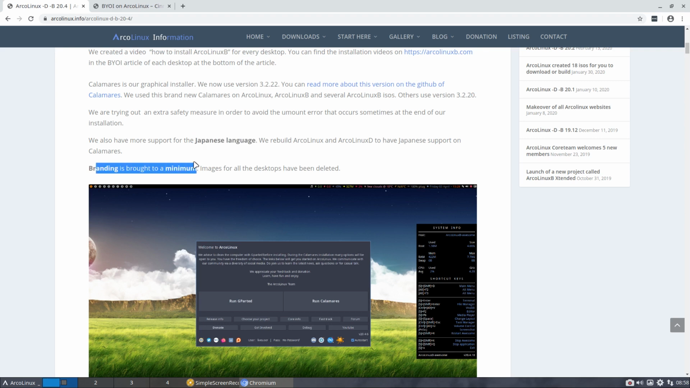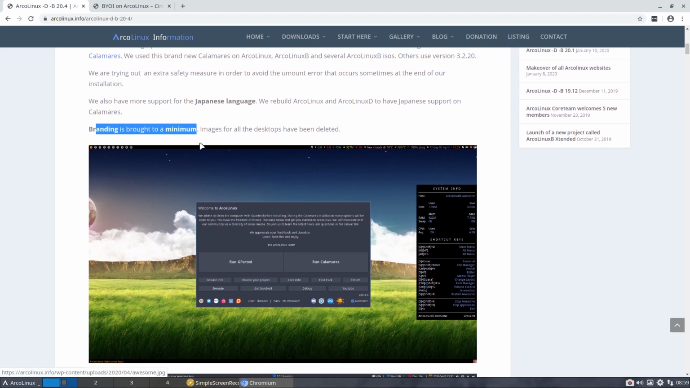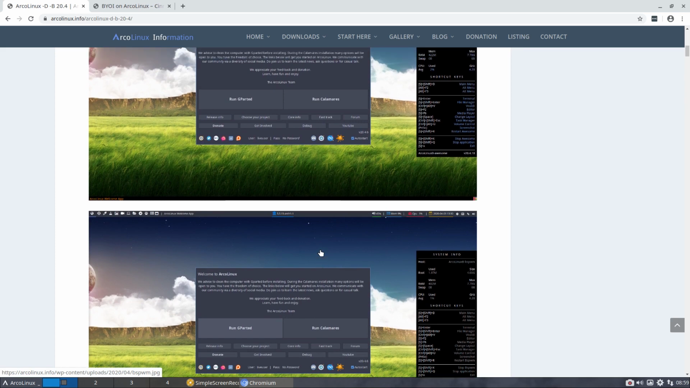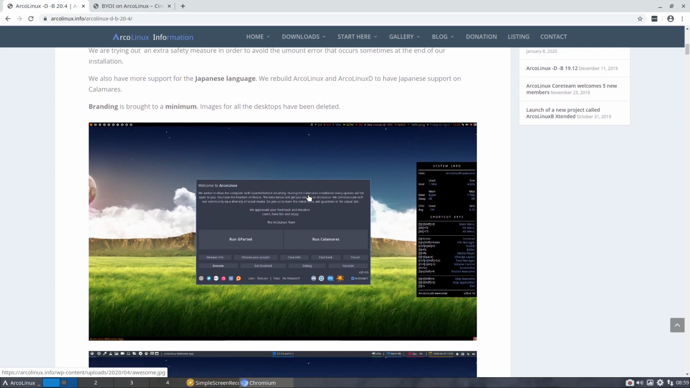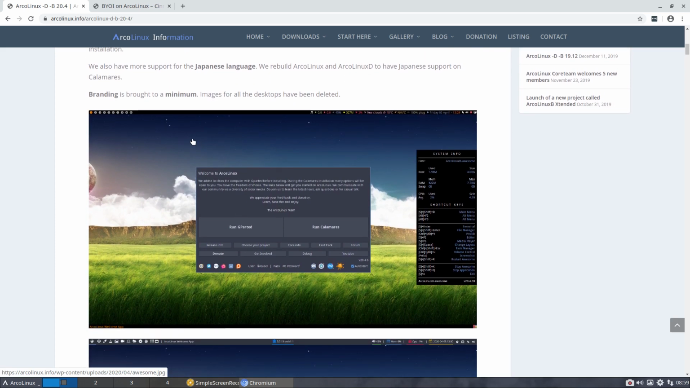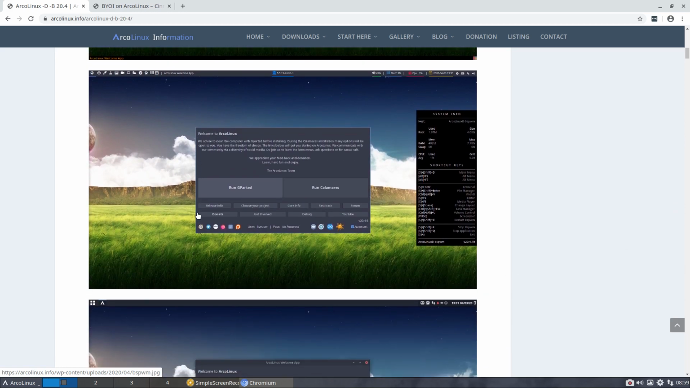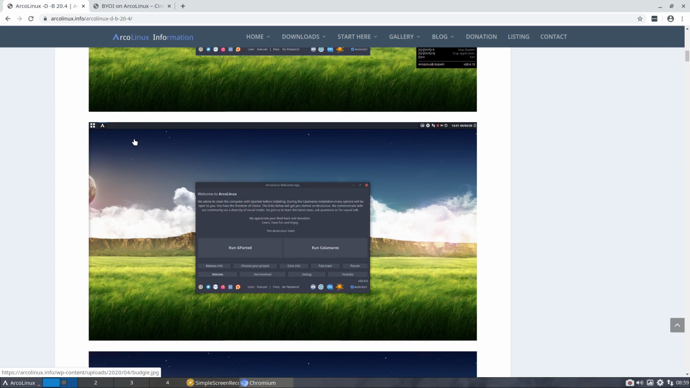And we've thrown out a lot of images during our Calamares install, because we always have to update these images, and it's a drag, it's just a waste of time. So branding is brought to a minimum, you'll see. So now you get these images. This is what you get when you boot up. This is Awesome, and it goes alphabetically. Awesome, BSPWM, and so on. And this is Budgie,